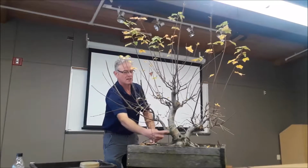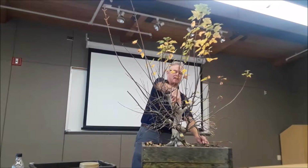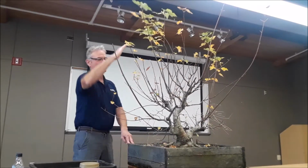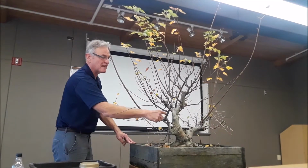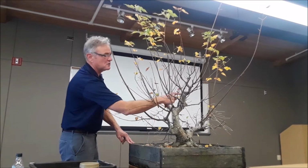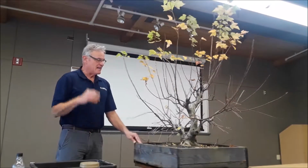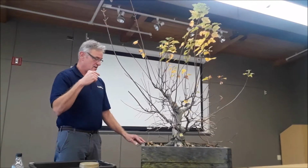Everywhere you see this trunk change direction, it means it got pruned, right? There's a pruning cut there, almost covered up. Big pruning cut there, not covered up at all. Here's another one here. Here's another one here. On up. Everywhere you see the line bend means the pruning cut was made and something else took over as the new continuation of that line, whether it's a branch or the trunk itself. Same technique applied. Grow it, cut it, grow it, cut it. All right. So, the year I dug it up out of the ground, I brought it here to this club and